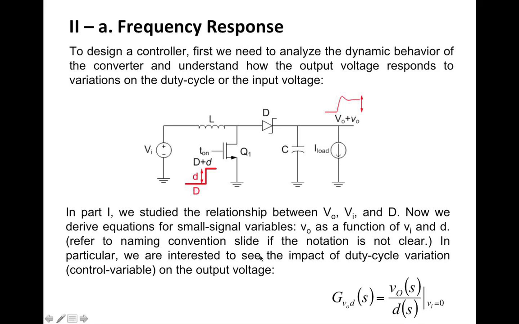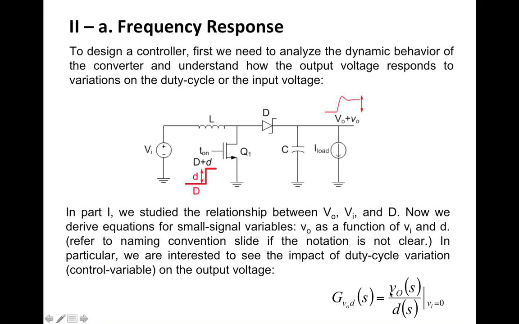But before going through the equations to find this transfer function, let's see if we can make guesses on this intuitively. So the first guess is that we know that the DC relationship between VO and D is 1 over 1 minus D. So that means the low frequency component of this transfer function is the